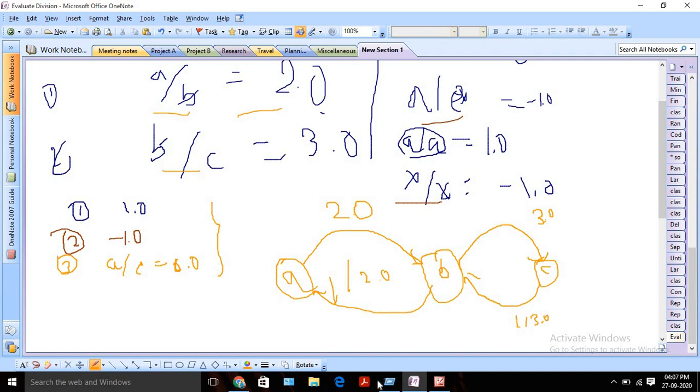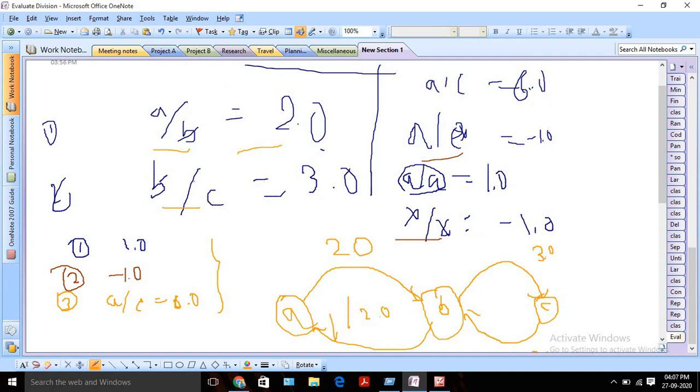Now if you see this example, if a by b and b by c are known to us, there is a common link, which is b, right? And if we cancel b, it will be a by c. Suppose I need to find a to c. I need to find the path a to b, that is 2.0, and the path b to c, that is 3.0, and if we multiply those two values, that will give us the expected answer.